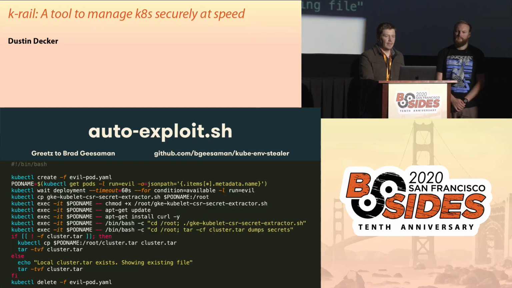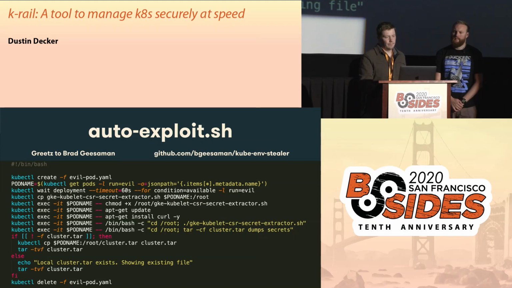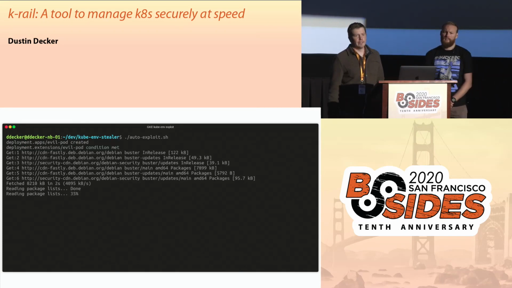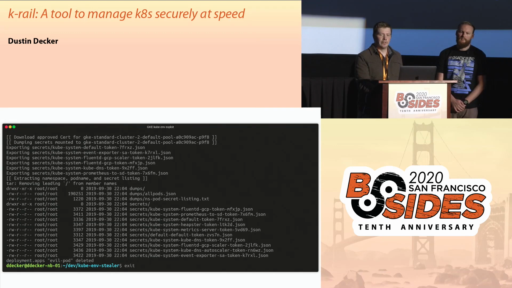Here's the entry point of it, and all it does is it spins up an evil pod, copies his script, which is what automates the process. And that script will enumerate all the nodes in the cluster. It'll grab the credentials from the kube-env endpoint. Then it'll use that credential to retrieve the node certificates. And then with the node certificates, it authenticates as each node and pulls down the resources assigned to them. And then finally, it'll package them up in a nice tar file and give them to you on your system. So let's watch that in action. It only takes a few seconds on a small cluster. You can see shortly all of the secrets dumped out in a directory.